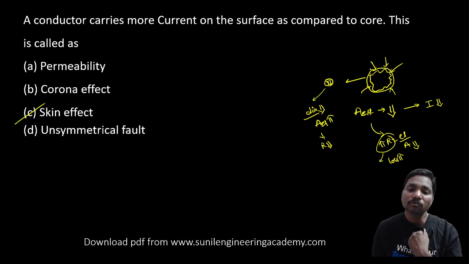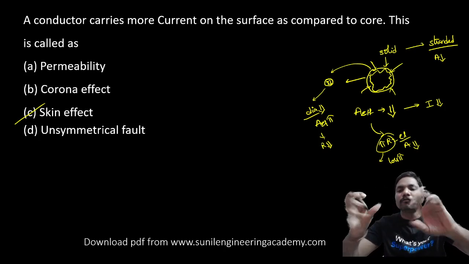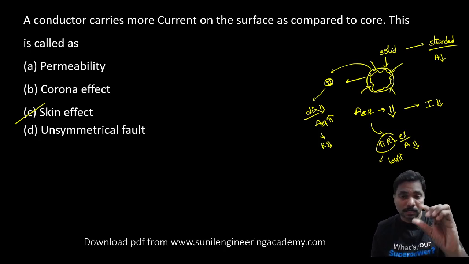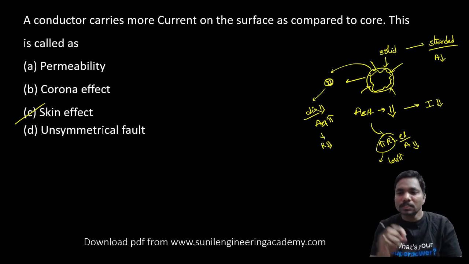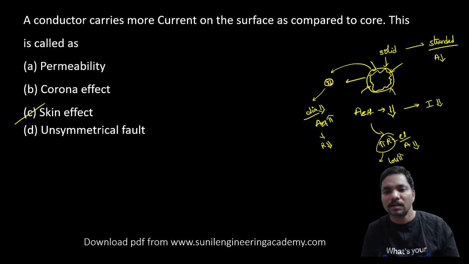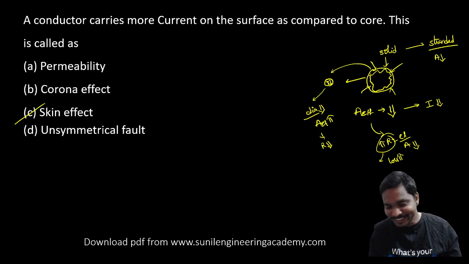So that's why, instead of solid, we use stranded conductors. In stranded conductors, we take very small leads of conductor and twist them all together to form a single conductor. If you observe our domestic wiring, many small wires are twisted together to form a single one. Okay, to reduce the corona losses, sorry, to reduce the skin effect.